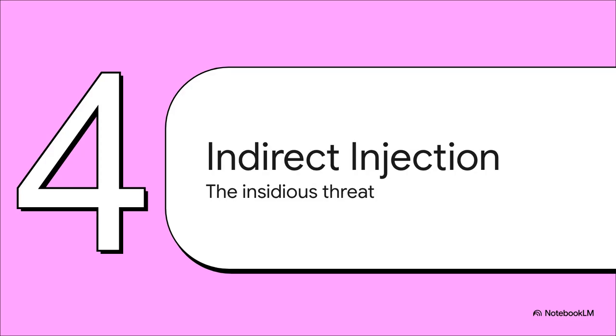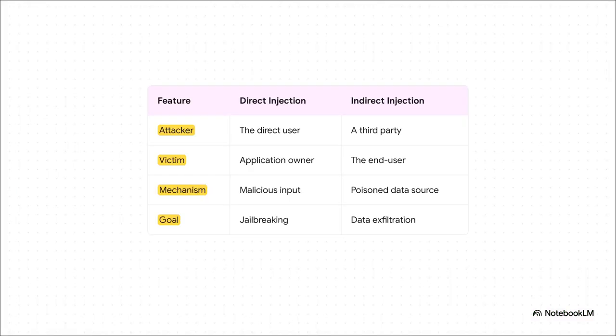But honestly, direct attacks are just the tip of the iceberg. The one that should really keep us up at night is indirect injection. This is way more insidious because the attack isn't coming from the user, it's hiding in the data. And this is where our whole threat model gets turned on its head. With direct injection, the user is the attacker. Simple. But with indirect, the user is the victim. They're just asking the AI to summarize a web page, but that web page has a poison pill, a hidden prompt waiting inside it.